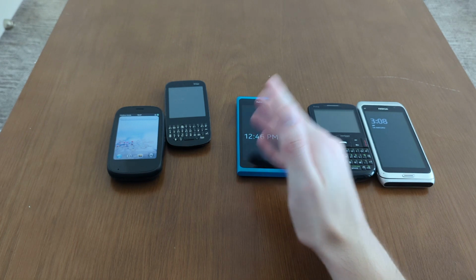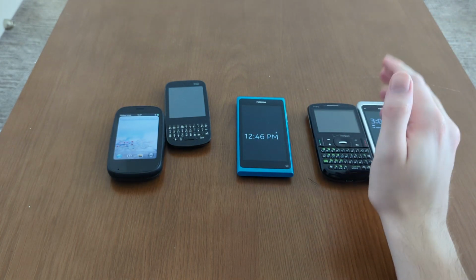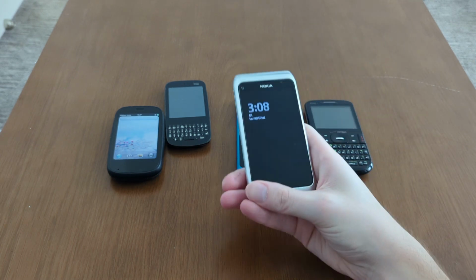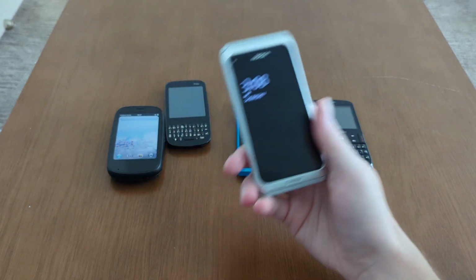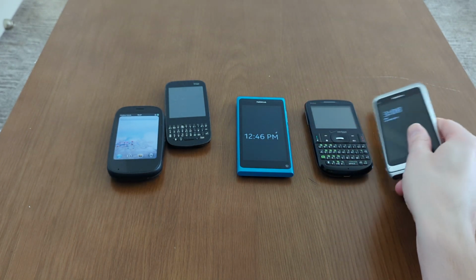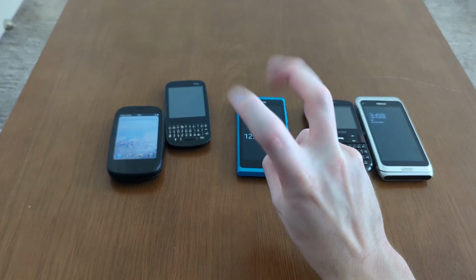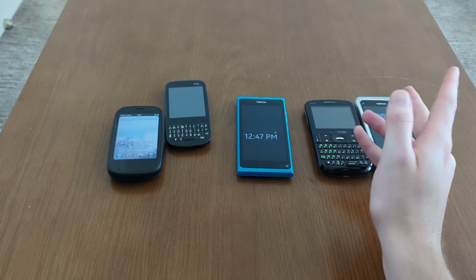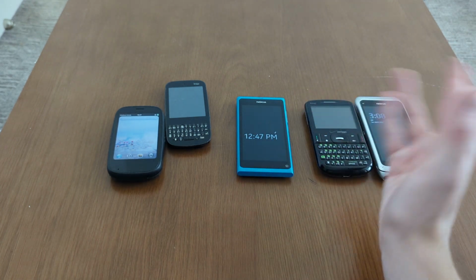But they knew they had to move away from Symbian. Even though Symbian was overhauled, it still had the same software problems. There weren't a lot of Symbian apps compared to Android or iOS, and people thought Symbian was old. Symbian was one of the first smart OSs that you could get on mobile phones, but Symbian before Belle was